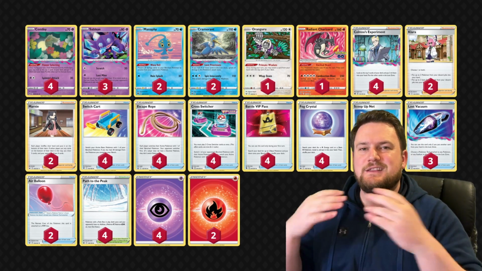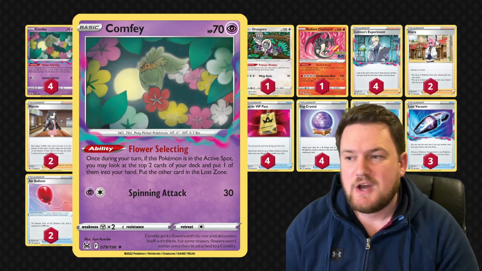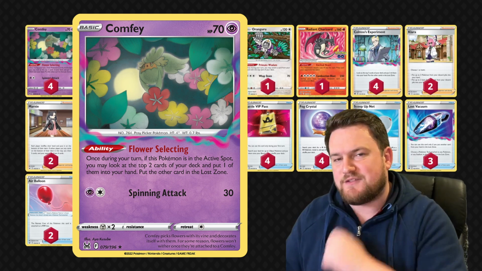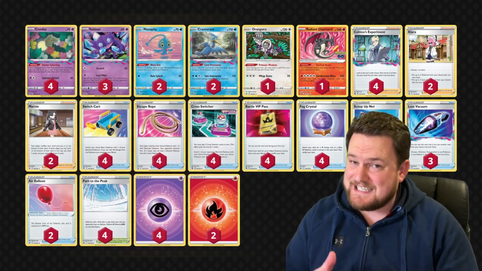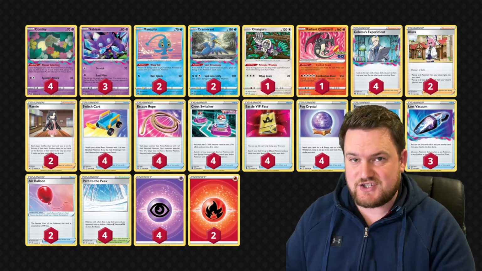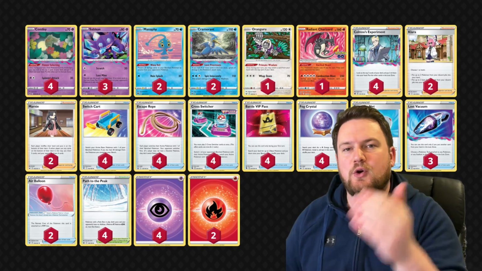Firstly, we have the Lost Zone engine. That means we're going to be running 4 copies of Comfey, which has the Flower Selecting ability. It allows you to look at the top 2 cards of your deck, put one of them into your hand, and then send the other to the Lost Zone. That seems like it might be a negative effect, but when you consider the fact that lots of our Pokemon attack with Lost Zone conditions, that is a really good way of getting through our cards,